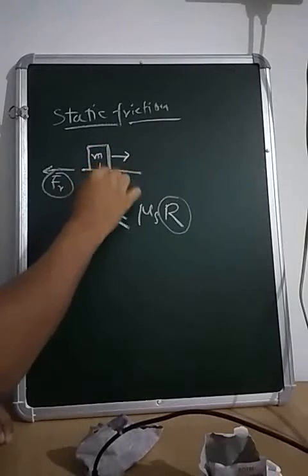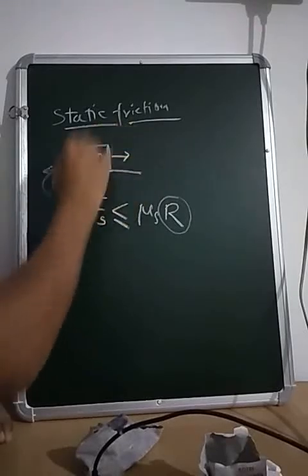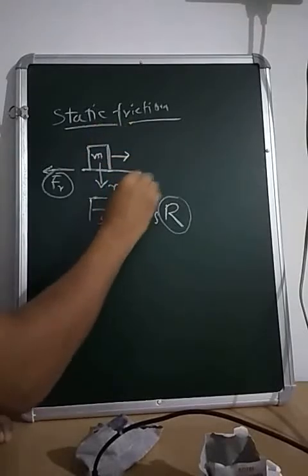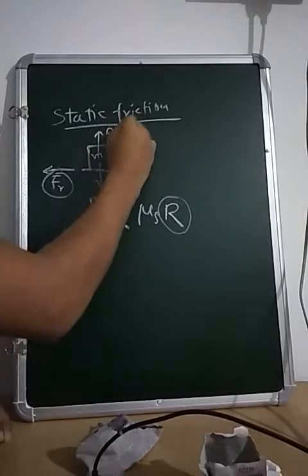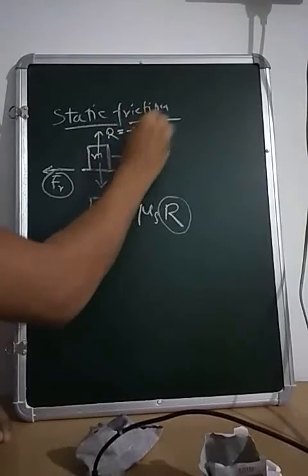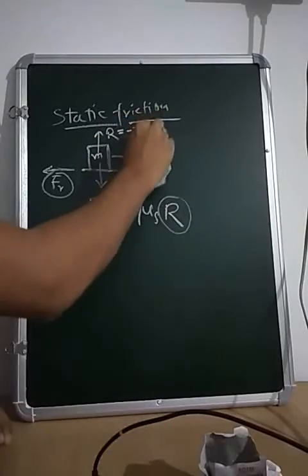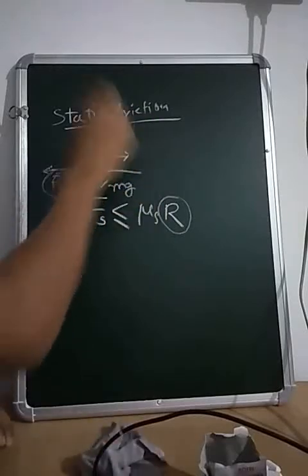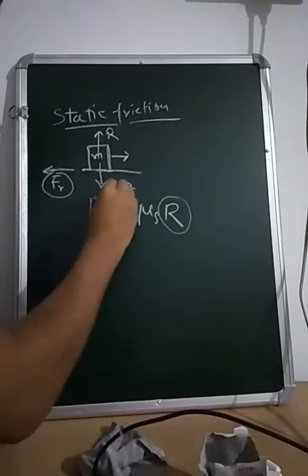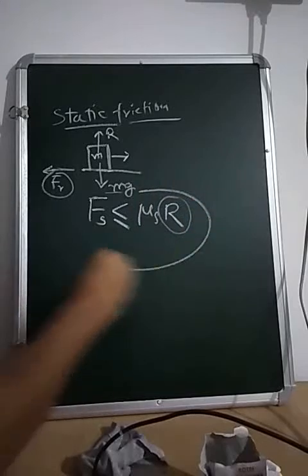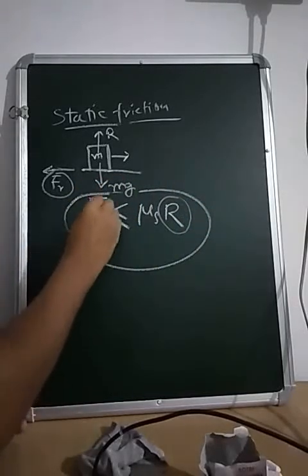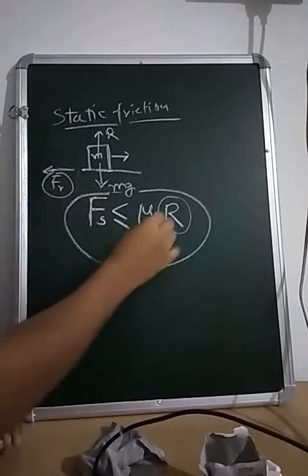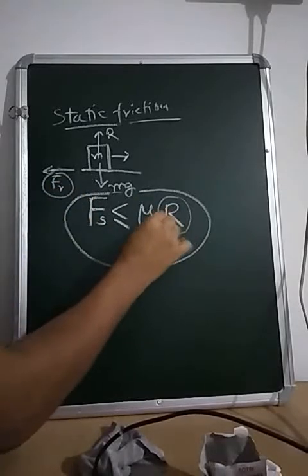Okay, the frictional force mainly depends upon the normal direction. Suppose in this diagram, this is mg due to gravitational pull in the downward direction. So the normal direction will be perpendicular to the surface, R. This is equal to minus mg actually. So it should be minus mg, or we denote it as R. So the static frictional force is represented by mu s into R. Mu s is the coefficient of static friction.